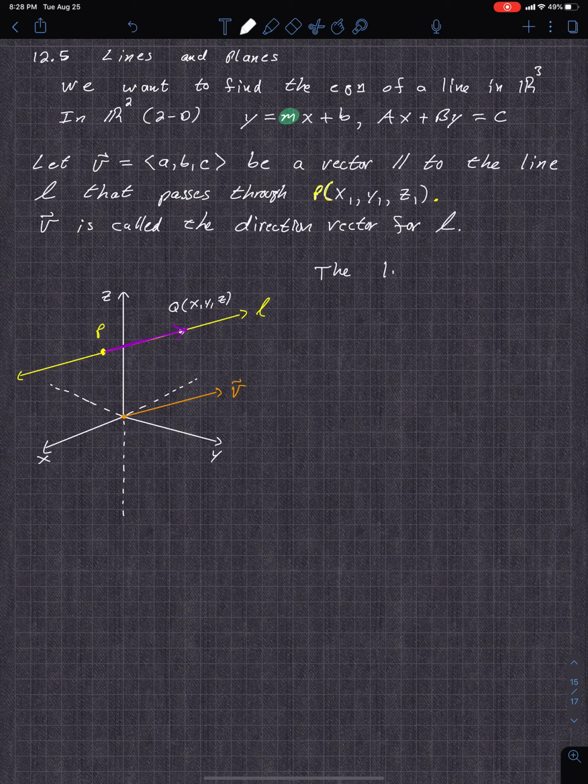So the line L through the point P parallel to v. So parallel means scalar multiple, okay? Parallel, scalar multiple. That is the set of all points